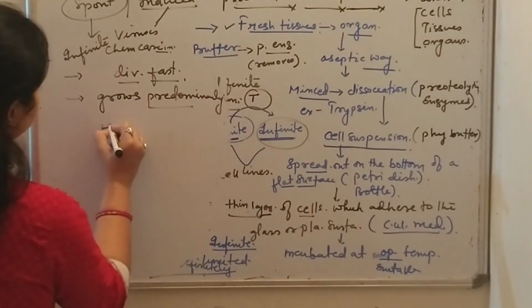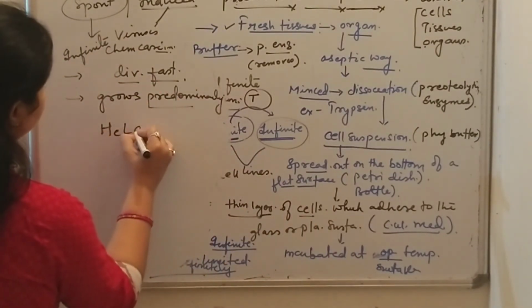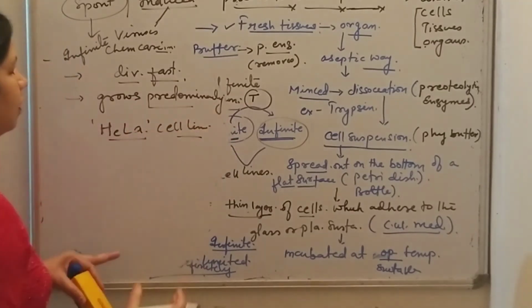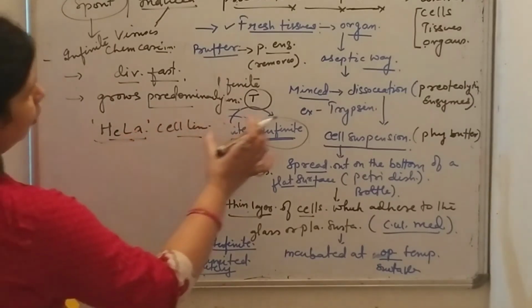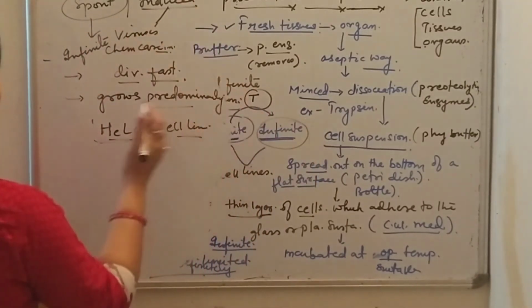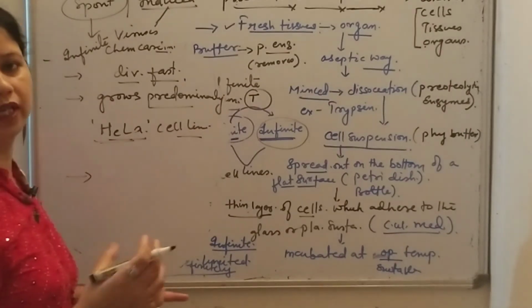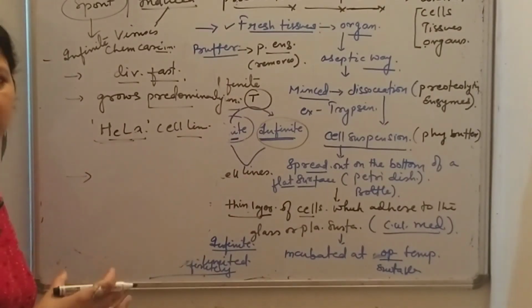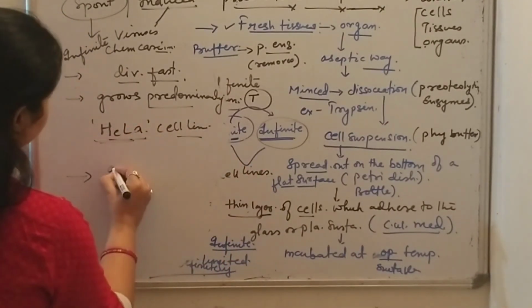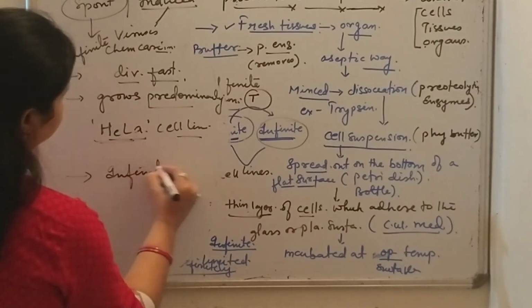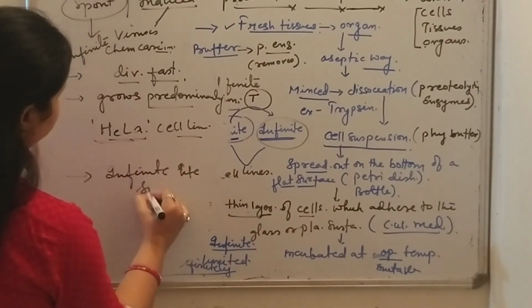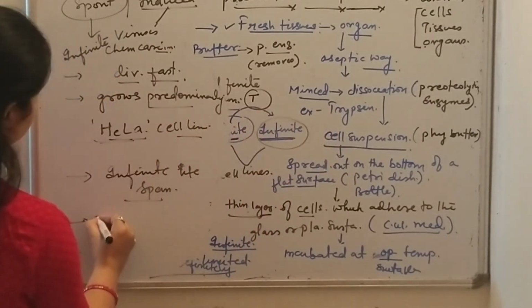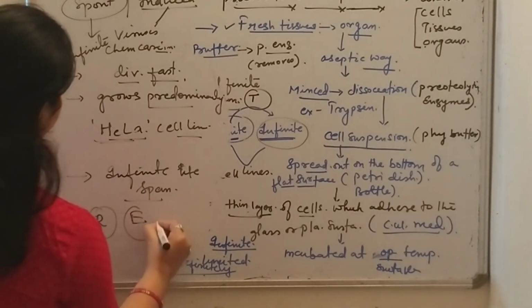For example, one example of an infinite cell line is the HeLa cell line. HeLa cell lines are the epithelial cells of the cervix. These HeLa cell lines are a kind of infinite cell line with all the advantages I have told: they can grow, divide non-stop where there is no control, and they have an infinite lifespan. So researchers love these infinite lines very much from the research as well as experimental point of view.